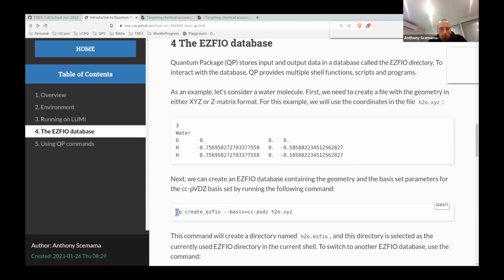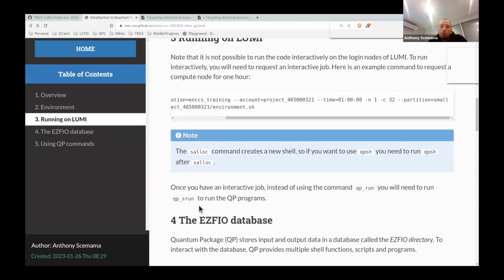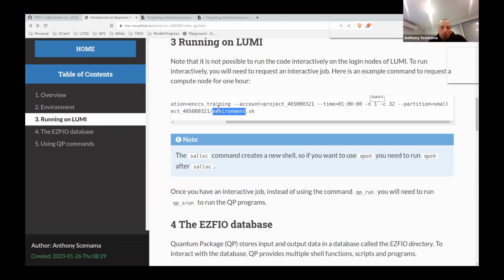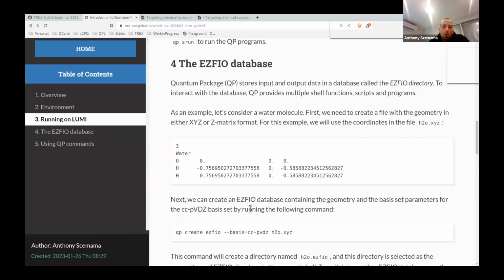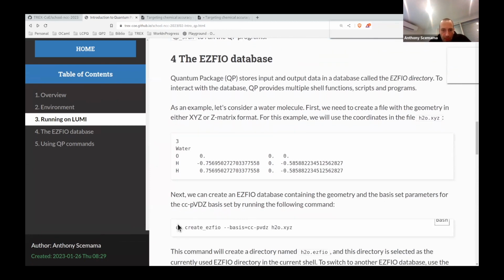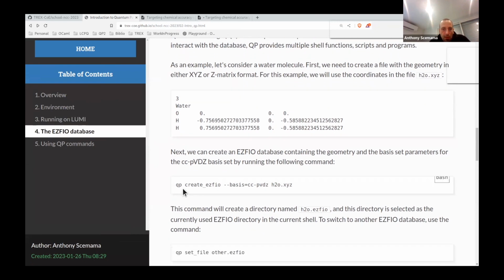And if you succeed in doing the salloc, salloc is going to give you a new shell. So in this new shell, you need to source these environment variables, okay?